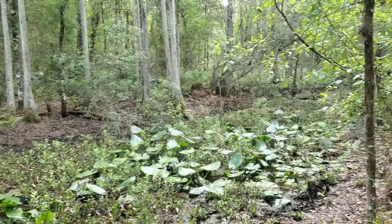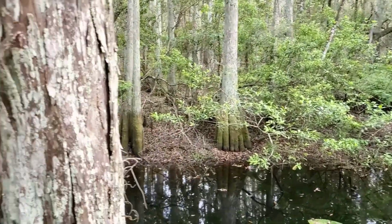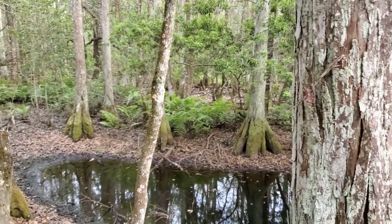Wait a minute. It ain't over till it's over. I found the swamp. Cypresses and lily pads and ferns and everything. So I stand corrected. There is actually a trail here, and it's a bike trail, and we are standing on it right now, and it's at the edge of the pavement of Bay Lake Road, and it's part of that railroad themed Lake County trail system that they have, where we got sort of stranded out in the thunderstorm,